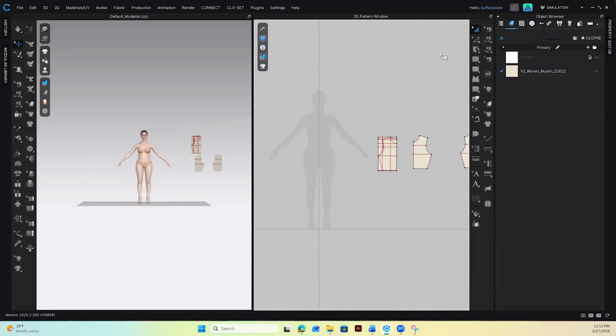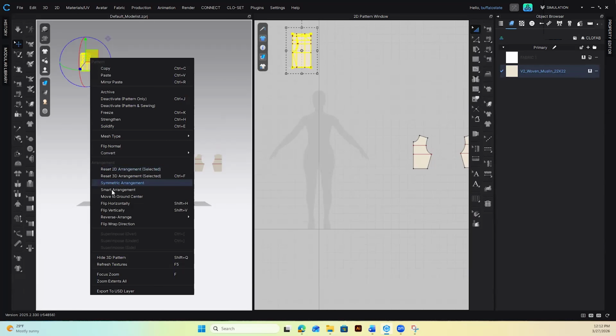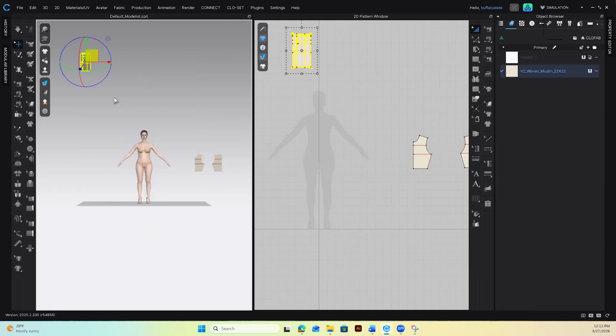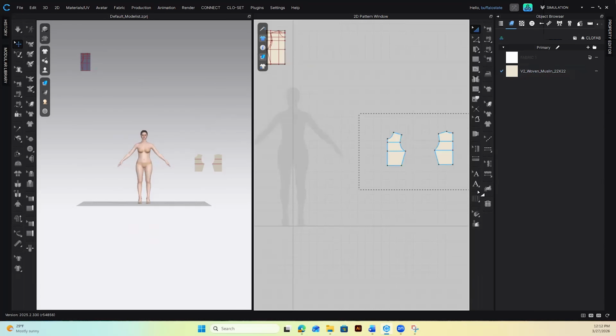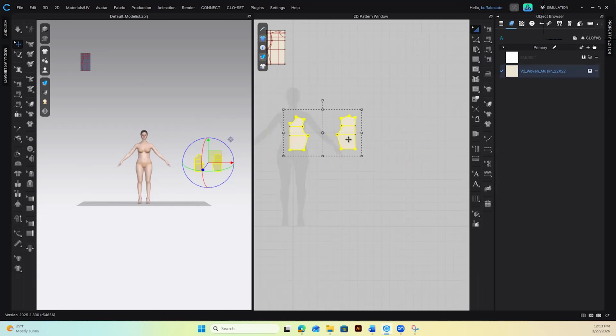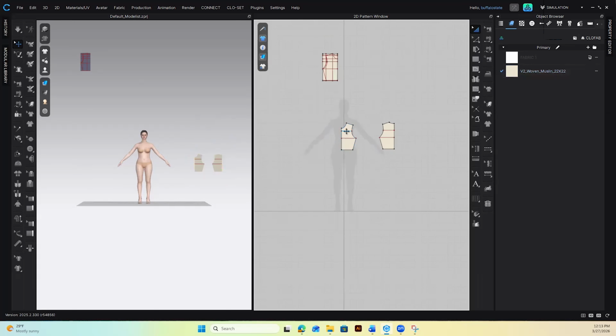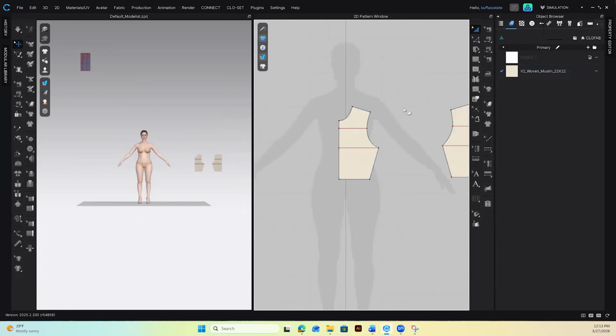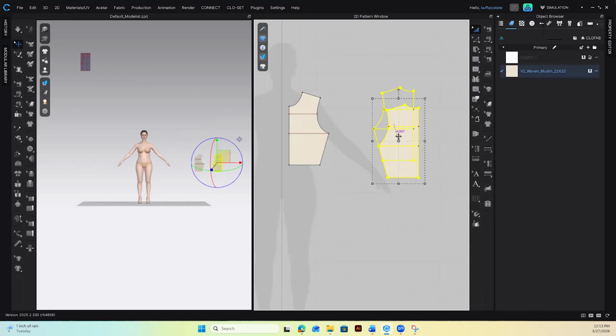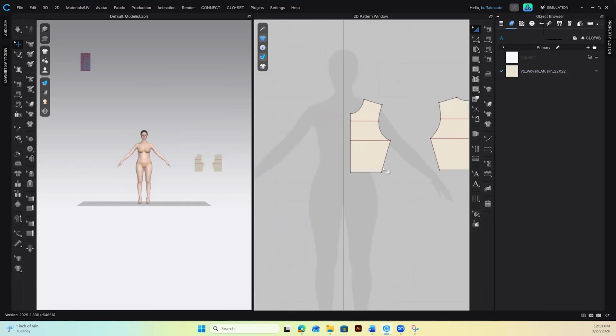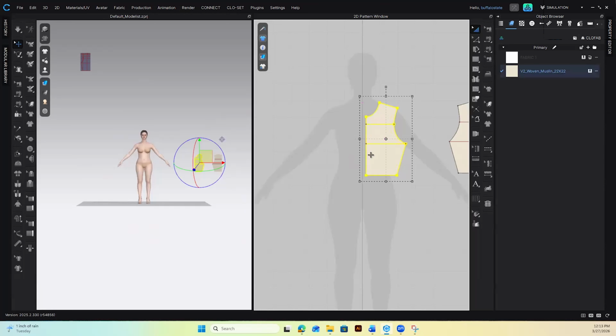Okay, and now I can select this and I can move it here and I can deactivate this. Now I want to use these. So this is my front and this is back, and I can